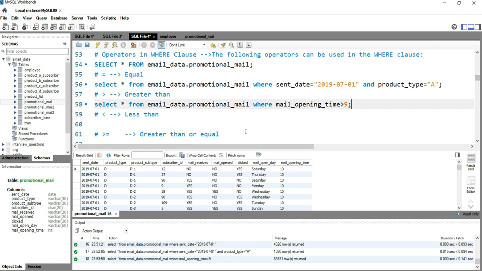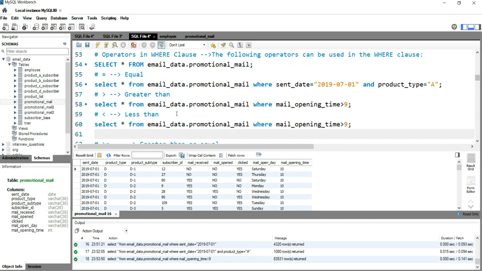Now the next operator is less than. What happens if we want to get all those emails which have been sent on any day but the mail opening time should be before 9 a.m.? Then we will use less than, and this is the less than sign.